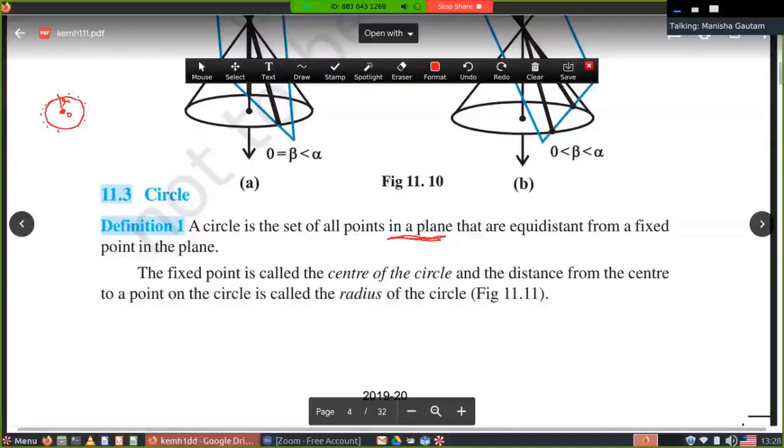It means a circle is the locus of a path where all points are at a fixed distance from the fixed point. The fixed point is the center of the circle, and the fixed distance is the radius of the circle. R is the radius,